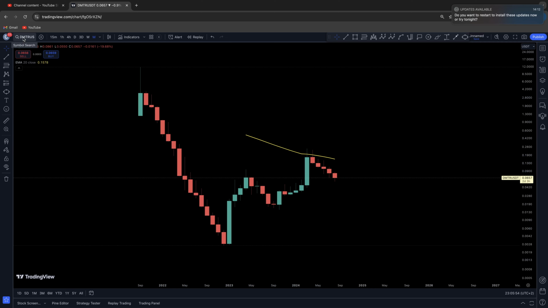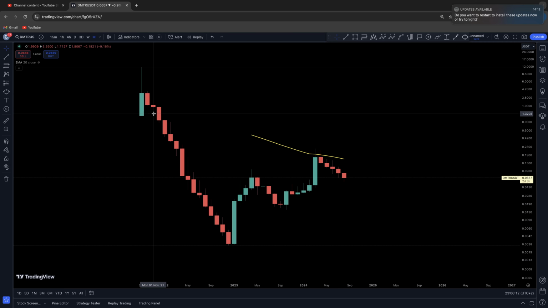Today we will be discussing DMTR, the ticker is DMTR, against the USDT on the monthly time frame. So a very zoomed out perspective today. Now let me explain why. I think just keeping a cool head and really zooming out here helps me relax, guys, I'll be honest,